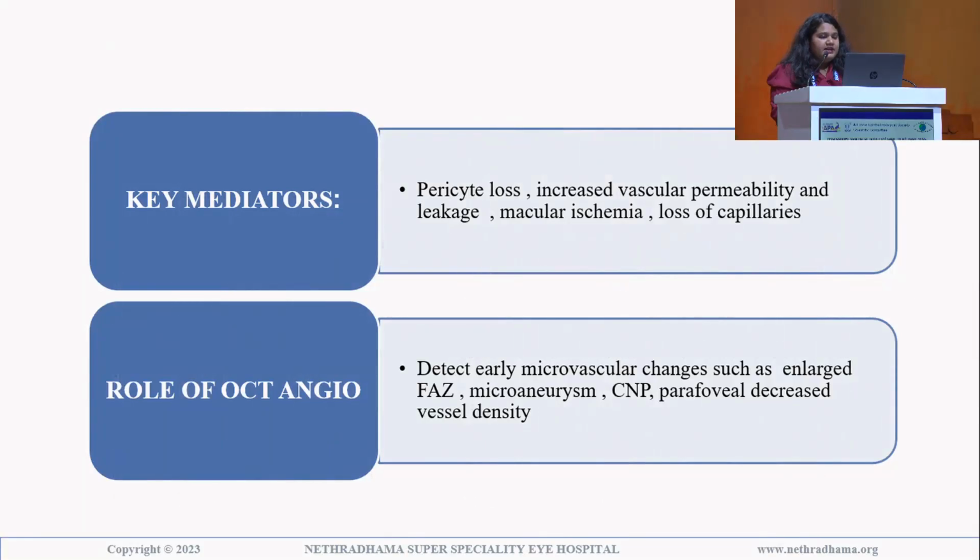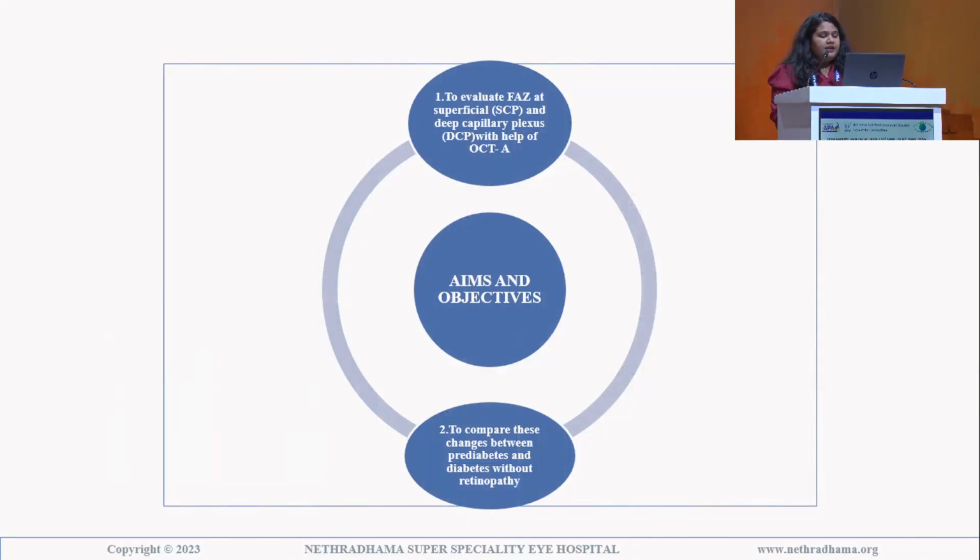The key mediators include pericyte loss, increased vascular permeability and leakage, macular ischemia, and loss of capillaries. The role of OCT angio is to detect early microvascular changes such as enlarged FAZ, microaneurysms, capillary non-perfusion areas, and decreased parafoveal vessel density. The aim and objective of the study is to evaluate the FAZ at the superficial and deep capillary plexus with the help of OCT angio and to compare these changes between prediabetes and diabetes without